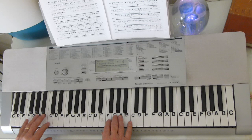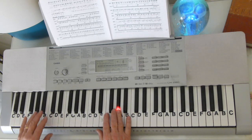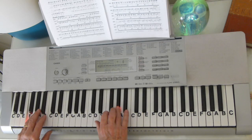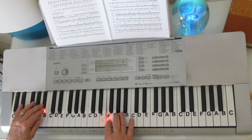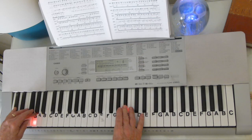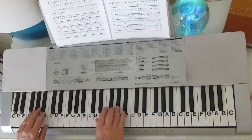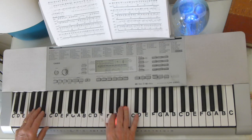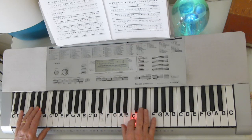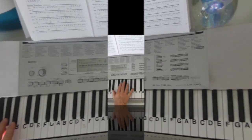Now here you're going to hit that F and the C together. Usually I bring the F in slightly after the A flat right there. Then you go back to the E flat, to the G, C, G, E flat, F, B flat, A. Now here you're just going to walk it down. B flat, A flat, G, A flat,